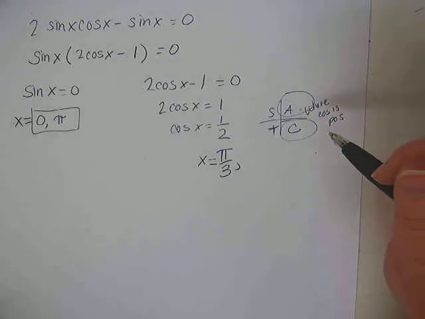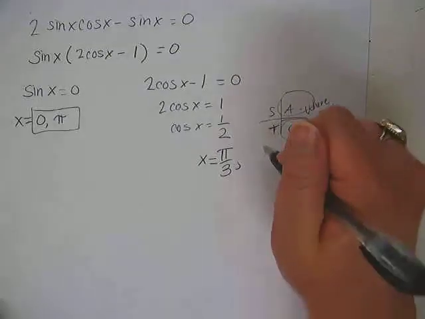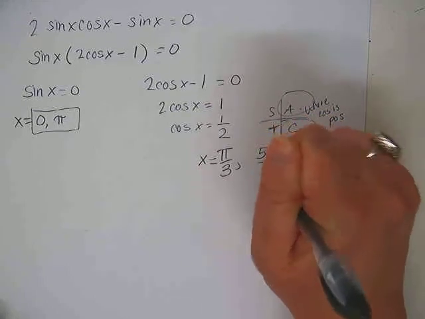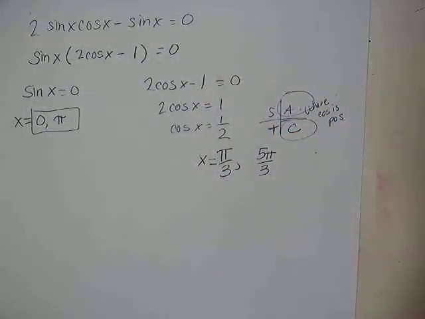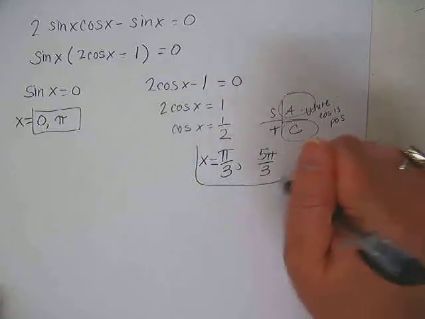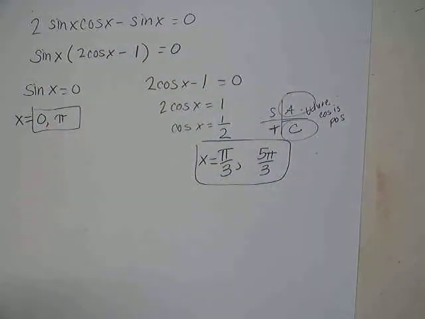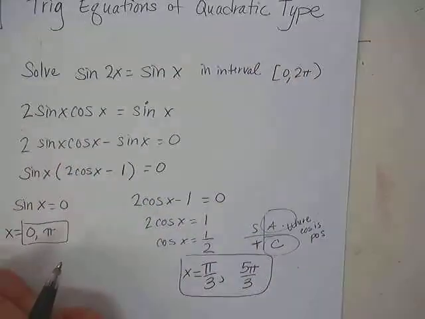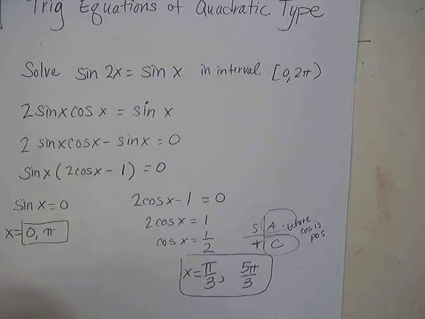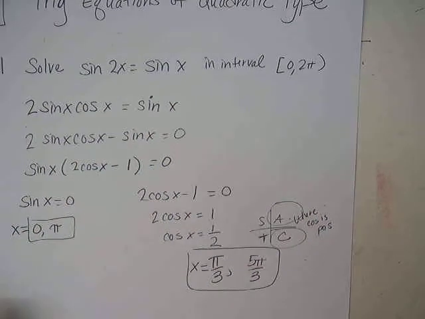And then fourth quadrant? If you go clear up to 6 pi thirds, that's 2 pi. So that can't be right. It has to be 5 pi thirds in the fourth quadrant, right? So how many solutions are there to this particular problem? 0, pi, pi thirds, and 5 pi thirds. 4 solutions between 0 and 2 pi for this problem. Okay, I'm going to do